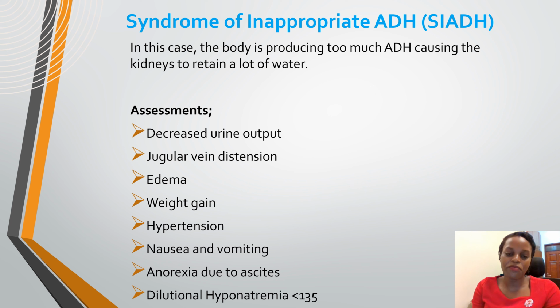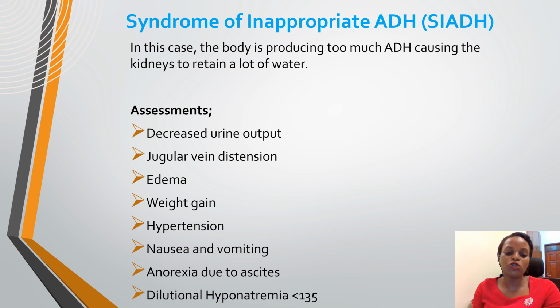So how does this patient present? They will have decreased urine output because we are opposing urination. And since we are opposing it, there is so much water remaining in our system, and this will increase the volume of blood. So you will have jugular vein distension because the volume is highly increased. We will have edema, as the fluids start seeping into the cells and in between the cells. We will have weight gain because of the fluid overload. We will have hypertension, nausea and vomiting, anorexia due to ascites, and then we